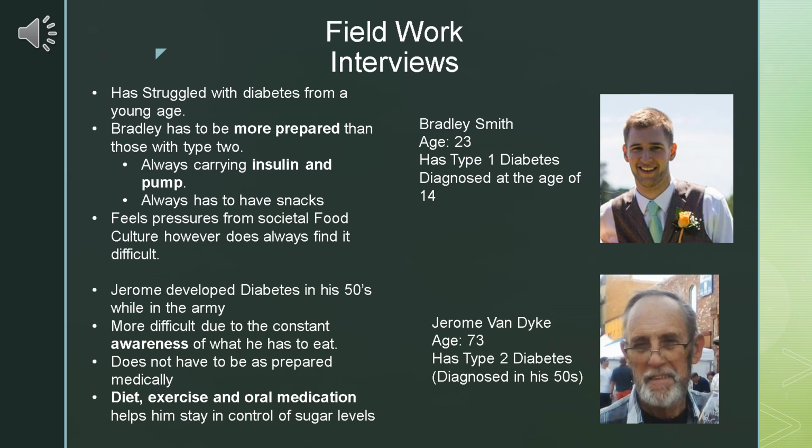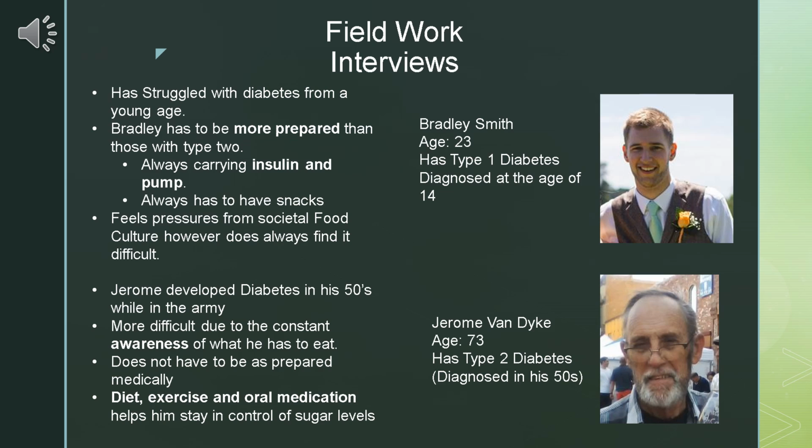Bradley always has to be more prepared than those with type 2. This is because he always has to be carrying his insulin as well as his pump. This also means that he has a special backpack in which he carries his insulin because insulin needs to be stored at room temperature or in a cold area. Bradley also has to have snacks and juice boxes